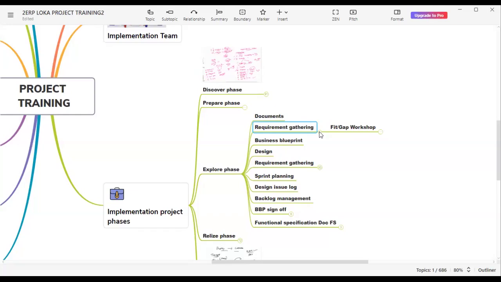So even SD people were working on ATP check. ATP check is availability check, the same. They call it ATP check, we call it availability check. And SD people also have a concept called BOP, back order processing. They run the back order processing to commit the stock. Whenever the stock is coming, they give much priority to the sales order.